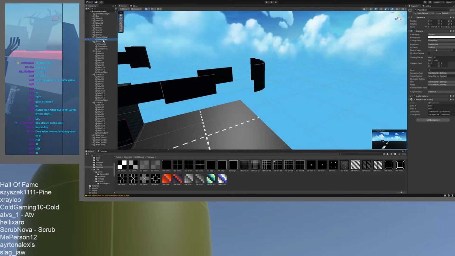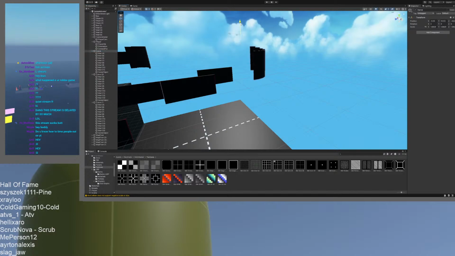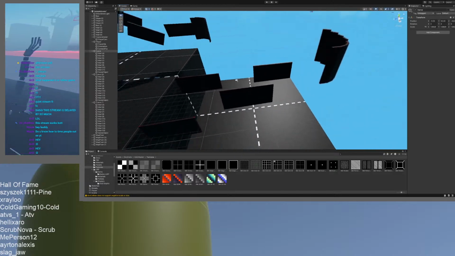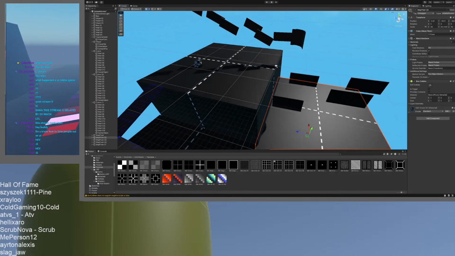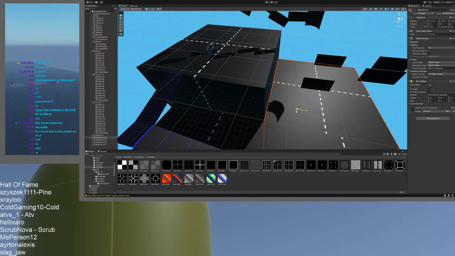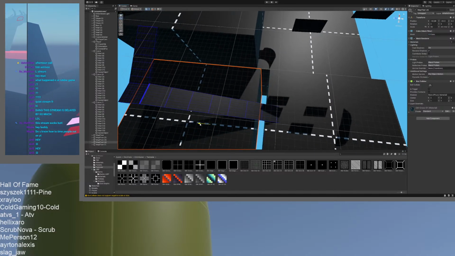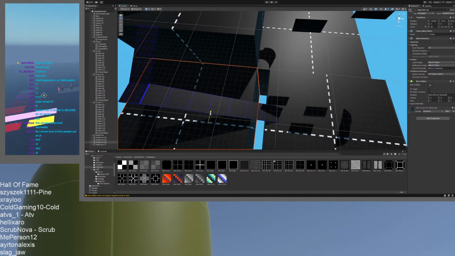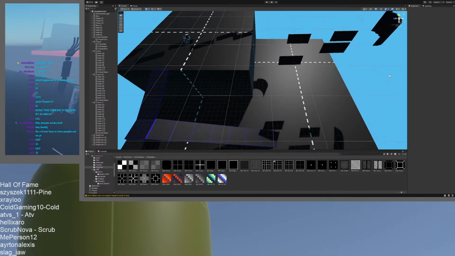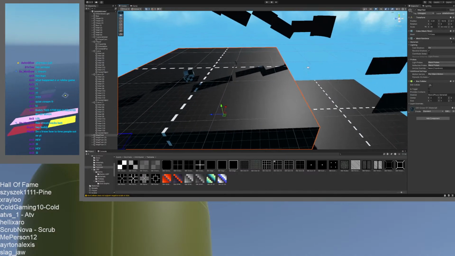That into the curve. It's gonna be up here. So now that we've done that,